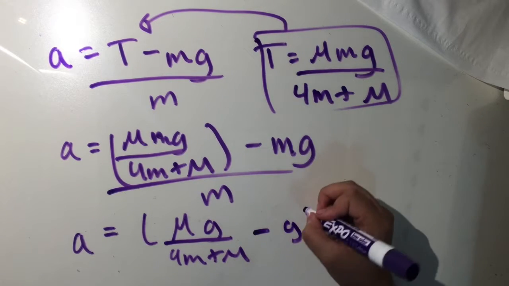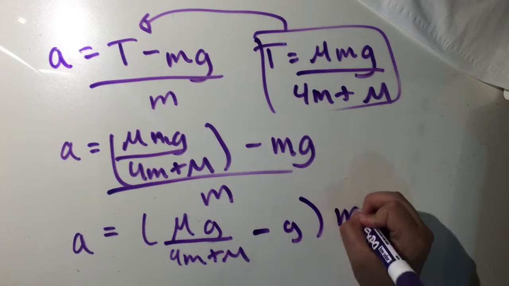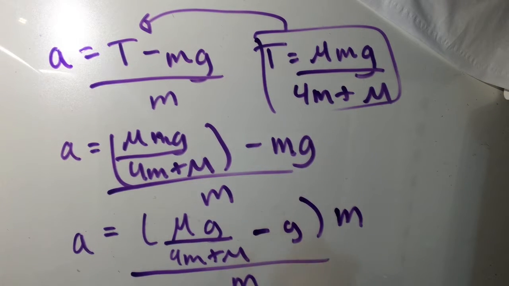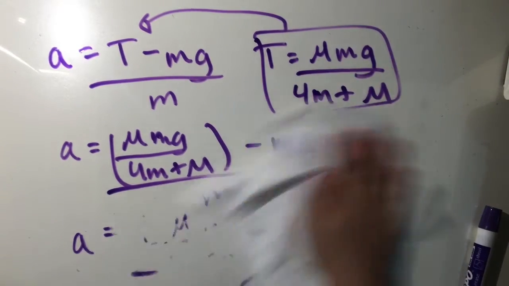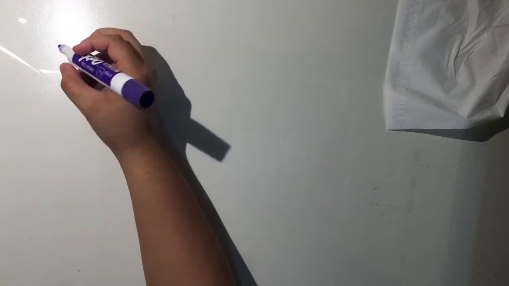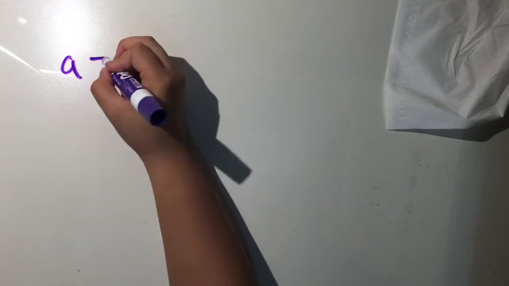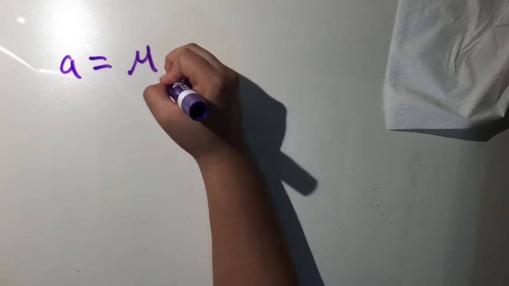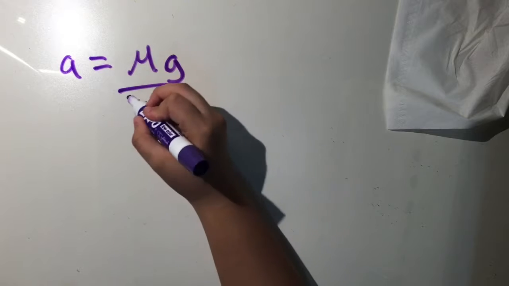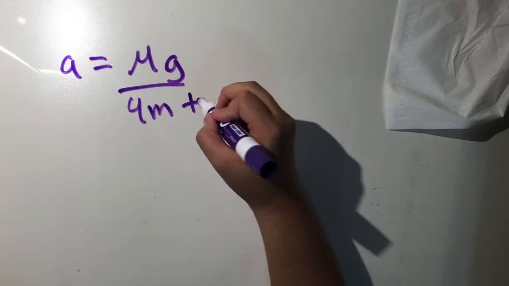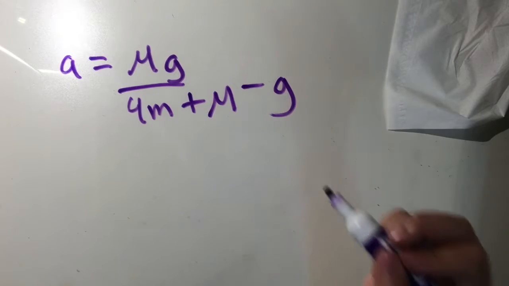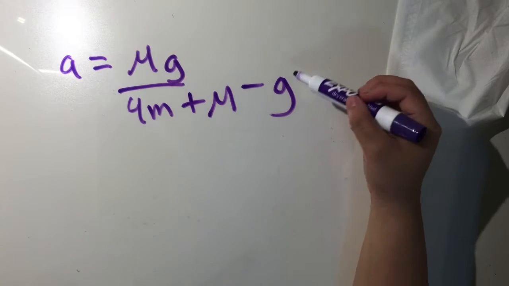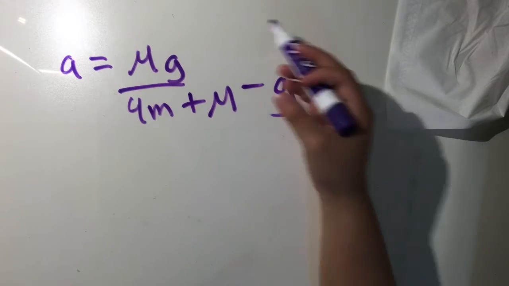minus gravity times mass all over mass. Then we can cancel this out. And here, I'll rewrite it because I'm running out of space. And then we end up with acceleration equals mass of the cylinder times gravity over 4 mass of the balls plus mass of the cylinder minus gravity. And we also have gravity here, so we could